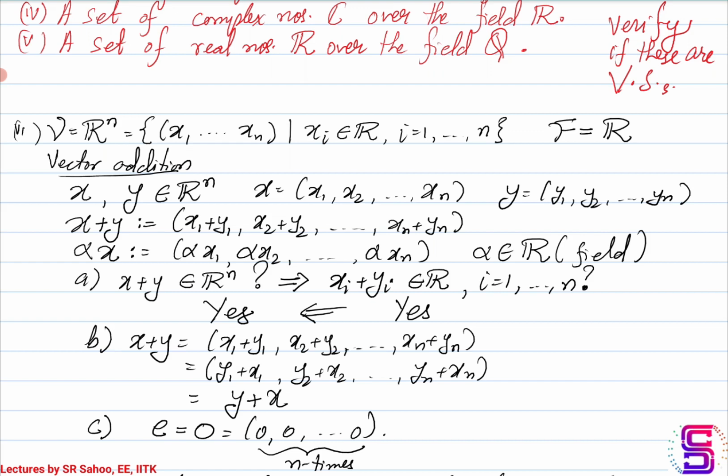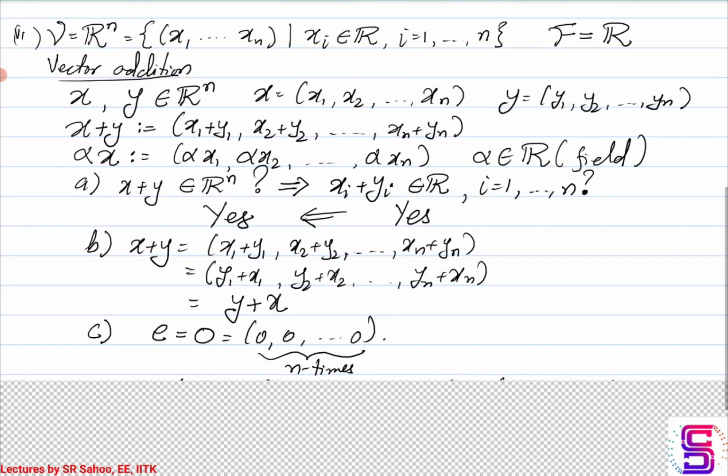Similarly, scalar multiplication alpha x is nothing but individual scaling up of the tuples. So this is again a familiar operation that we have performed with vectors, where alpha is coming from the field R. The first property is whether x plus y belongs to Rn or not. So yes, it belongs. The next is whether it is commutative or not. So we can verify here. I worked it out for you, and it does belong. It does satisfy the commutative property.